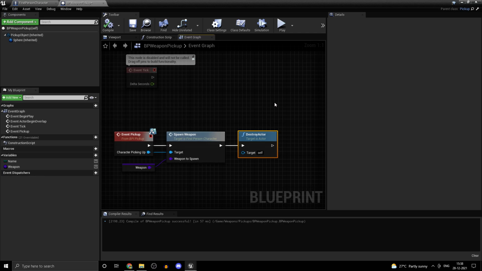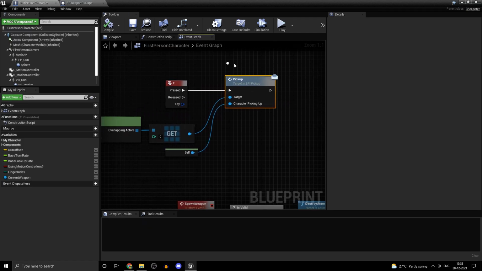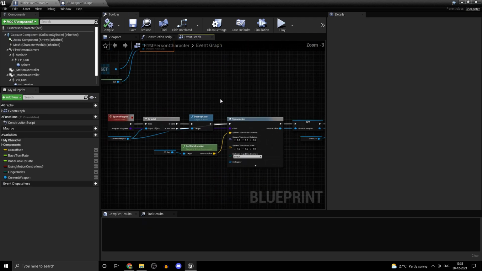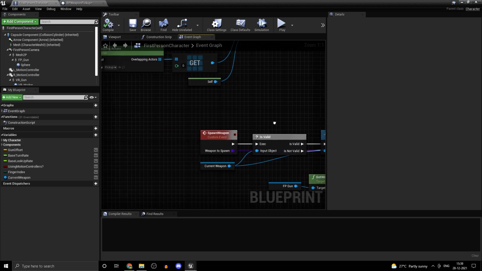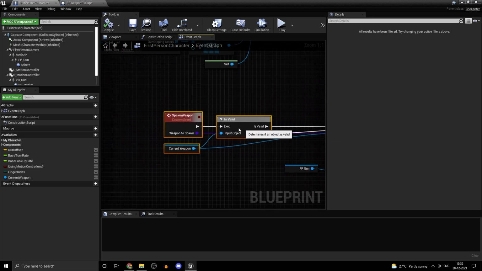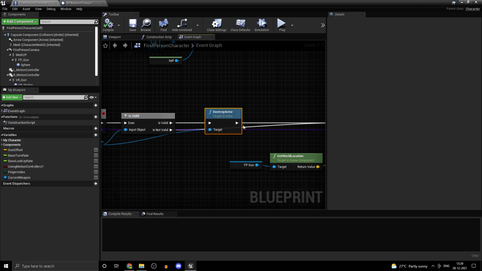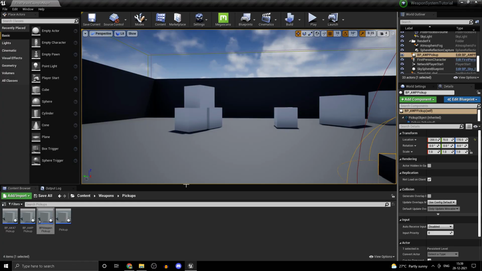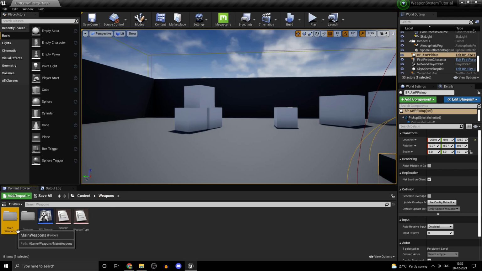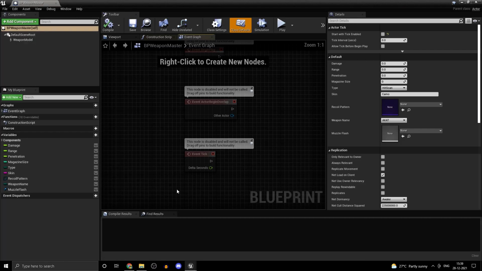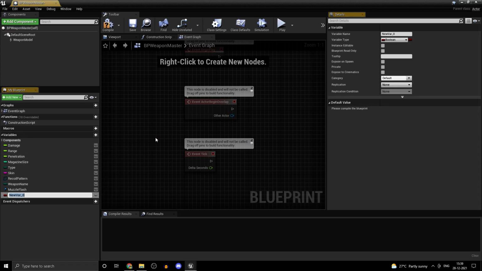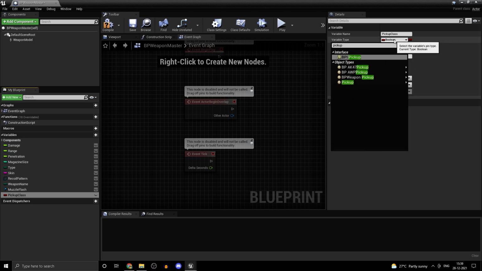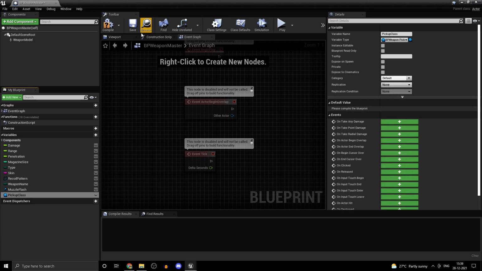Now there's another problem, of course. We literally just destroyed the pickups and we did not actually spawn them again. So the same thing again. The fix is pretty much just the converse of what we did. So head into the main weapons, BP weapon master, and inside of here just type in pickup class. And over here again just choose the BP weapon pickup.